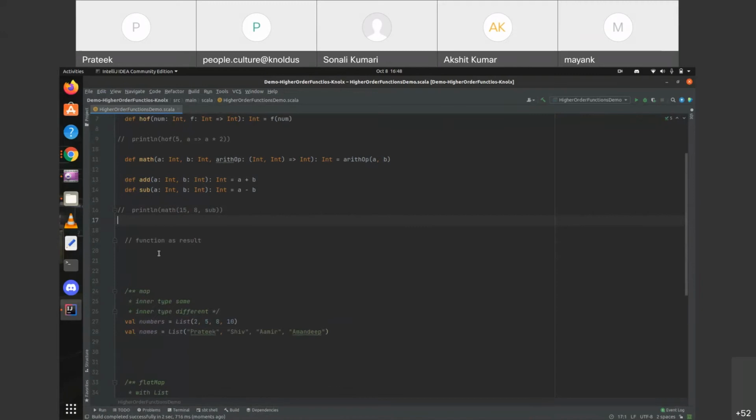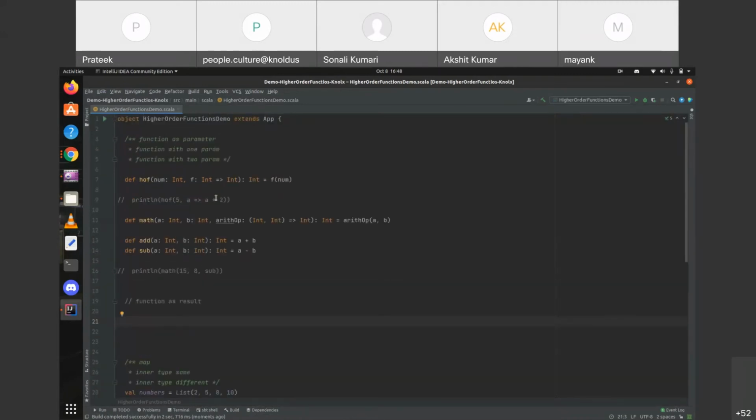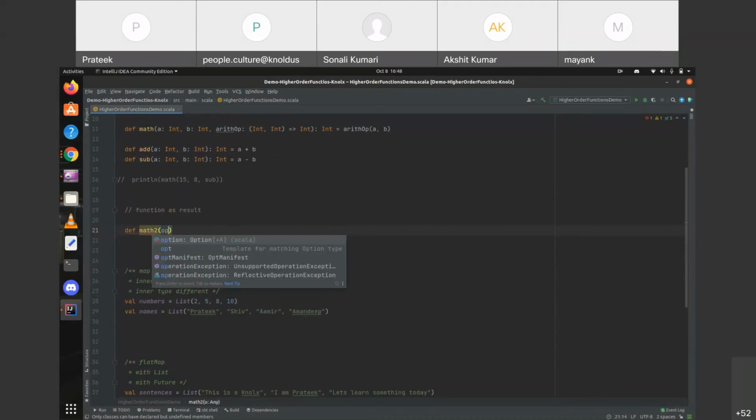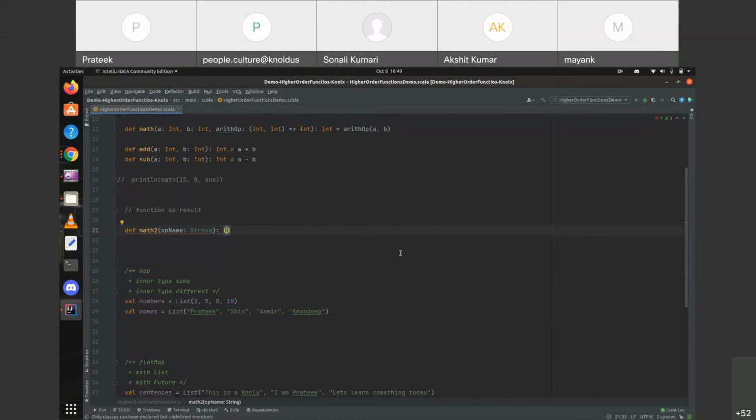Now we'll see some examples of function as a result. We'll use the same math function but in a different way. So let's say math2, and it's simply taking the operation name as a string, and it will return us a function.